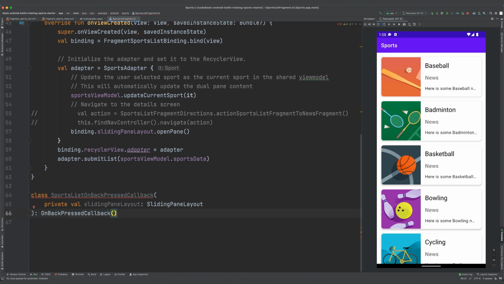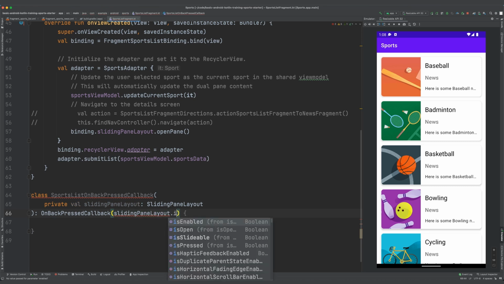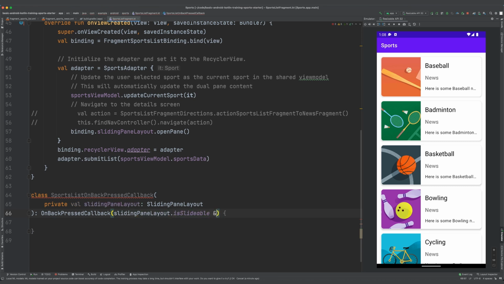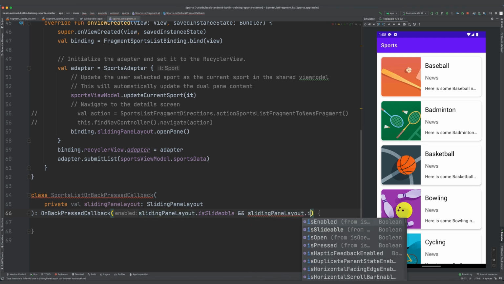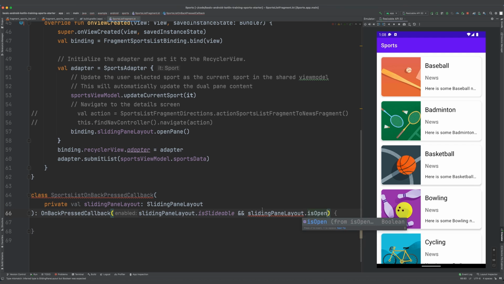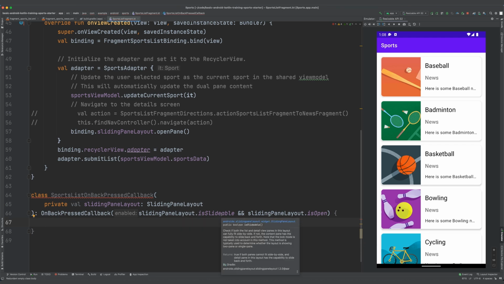And then notice we have an error here because it is expecting a Boolean value for enabled. So what we are going to do is set this as slidingPaneLayout.isSlideable and slidingPaneLayout.isOpen. Basically, isSlideable will be true when the second pane is slideable and not side by side, which would be on smaller devices.